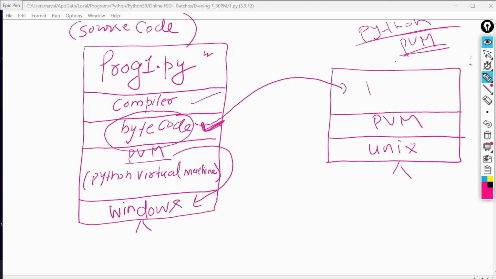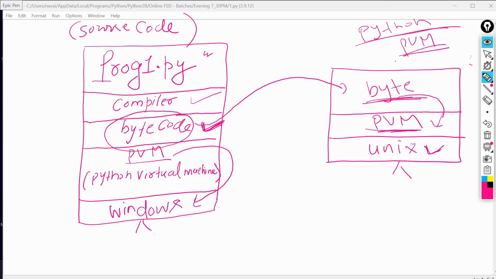Whenever it sees bytecode, this PVM will convert the Python bytecode into the respective binary code, machine understandable code.